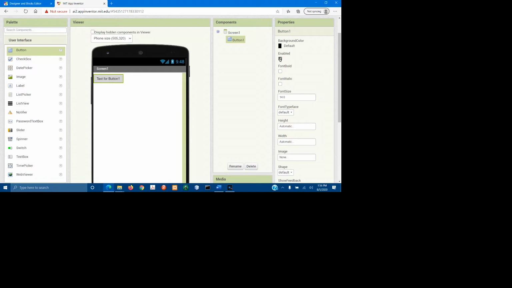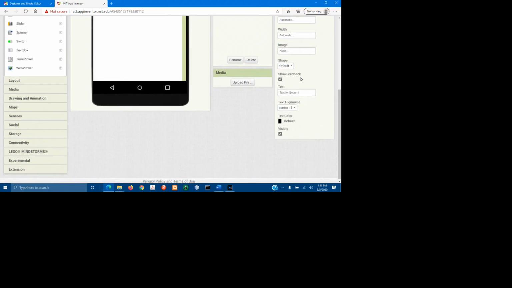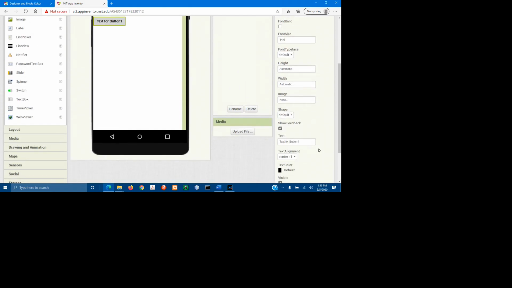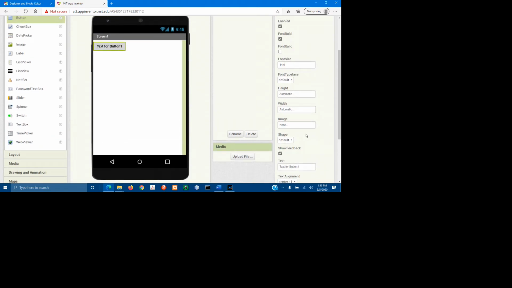So if I don't enable it, for example, this button wouldn't show up over here when you try to run it. If I do enable it and I tell the font to be bold and I can tell it to be italic, notice that it changes over here. And then I have the text for the button. I don't want to get into